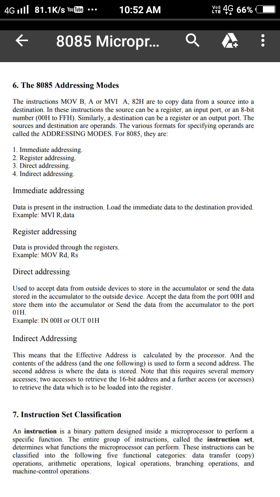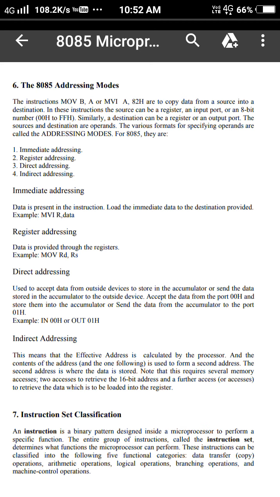So it will load the data immediately into the specified register. The next type is register addressing, where data is copied from one register into another register. Register-to-register data copy is known as register addressing. Next is direct addressing.